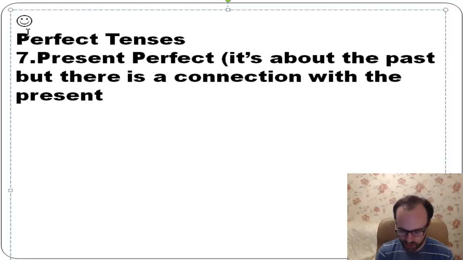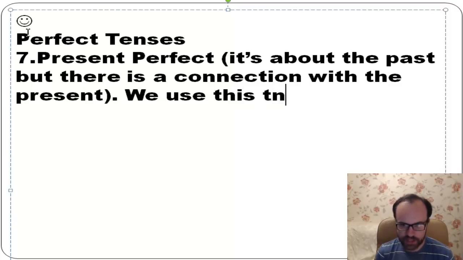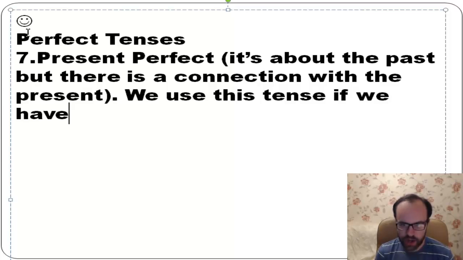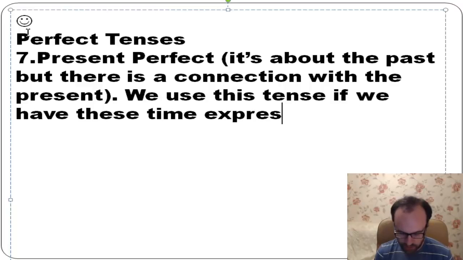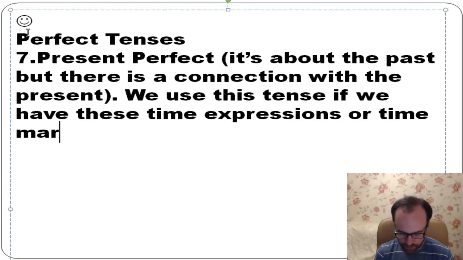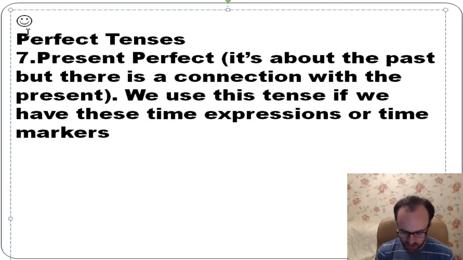We use this tense if we have these time expressions or time markers, okay? So already